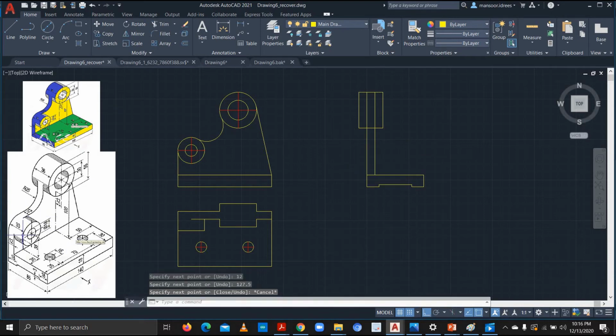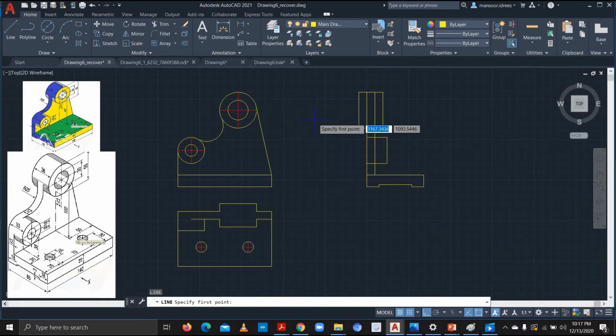Okay. So now this is at 38, and the diameter is 40. So we don't need this diameter. We need this thickness. So this is 30, and it's at 38. So basically we'll go from here, we'll go 38, then we'll go 20 above. This would be 12, and from here we'll go 30, then 40, and then 30 again. Okay, so from this line I'll draw a line 2,